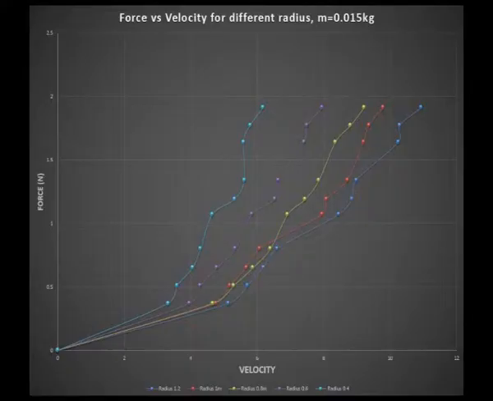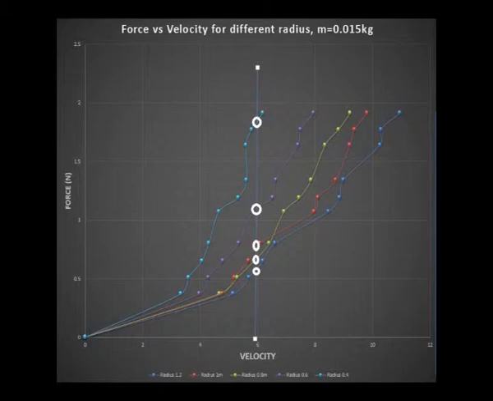In a similar way, a graph of force versus velocity can be recorded for various radii. To show that force is inversely proportional to radius, we need to keep the velocity constant. We did this by drawing a vertical line on the force versus velocity graph. We can then mark off the force and radius measurements from this graph and then plot a graph of force